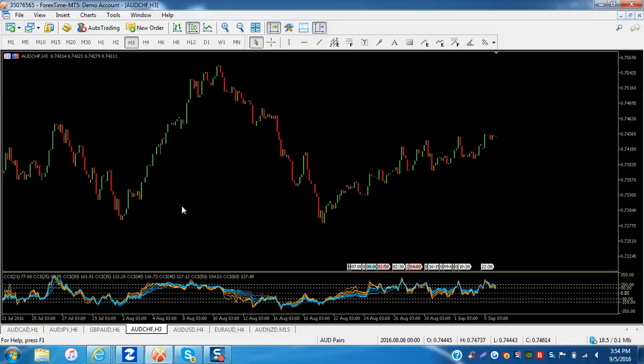If I'm going to trade it, in terms of the pairs that look the best, it'll probably be pound Aussie, Euro Aussie long, and maybe Aussie Swiss short. So that's what I'd be looking at right now.